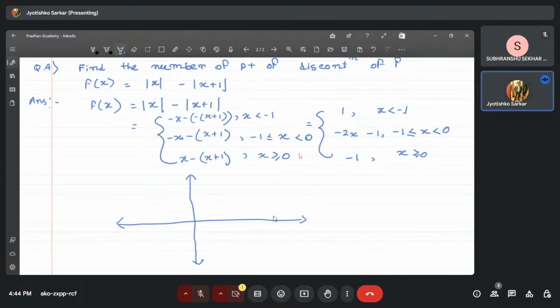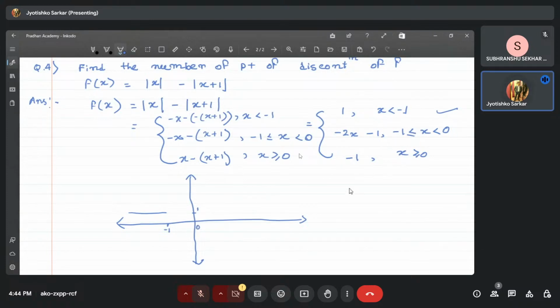Okay. So here, whenever x is less than minus 1, the function is 1. So let's take this as 1. So whenever x is less than minus 1, the function is 1. So this part is done. Then when x lies between minus 1 to 0, so from this to this,